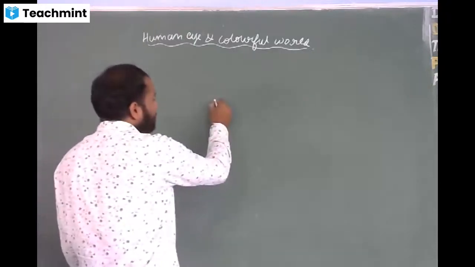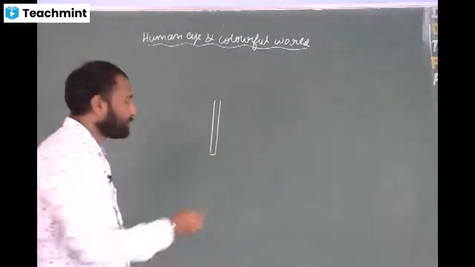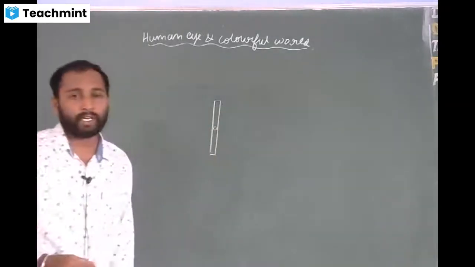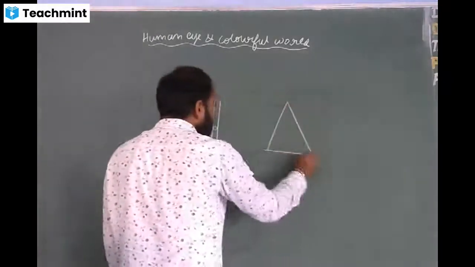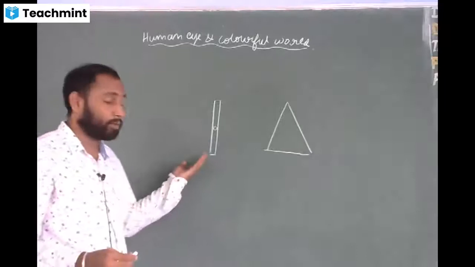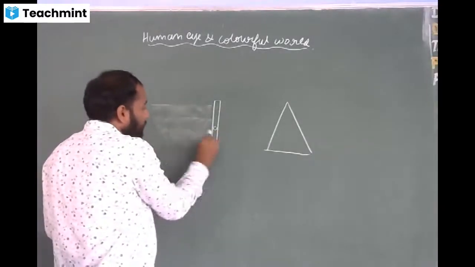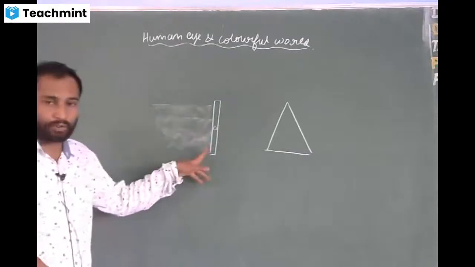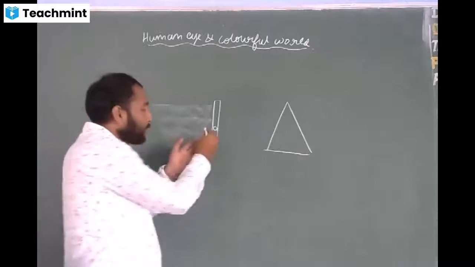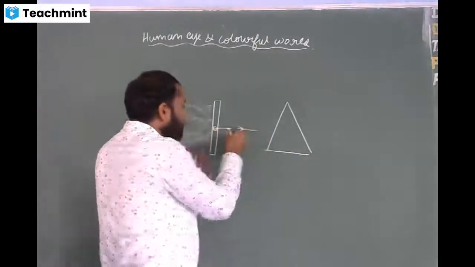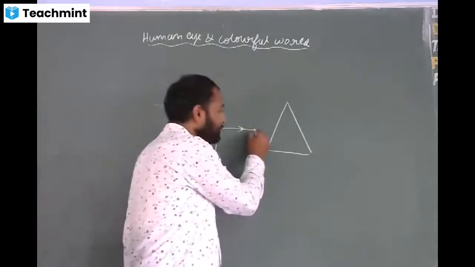So first what we do is we will take a cardboard. We will make a small hole or a narrow slit in the cardboard, and we place the prism on the other side of the narrow slit. Okay. So we allow the beam of light to pass through this. Since there is a small hole in the narrow slit, a narrow beam of light will come out of this slit. So we allow this narrow beam of light to fall on the prism.